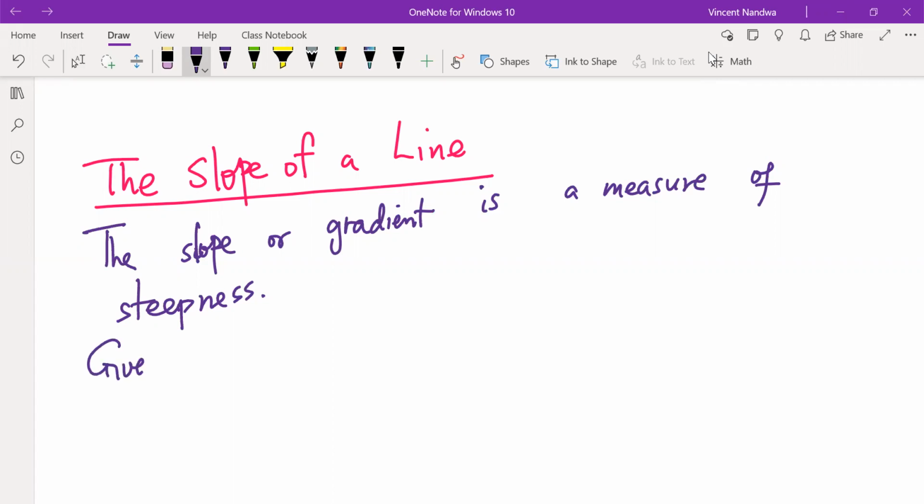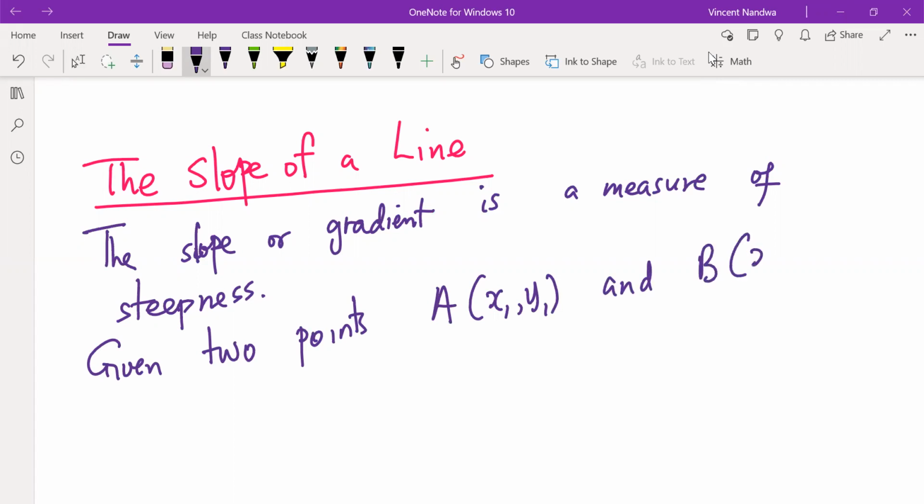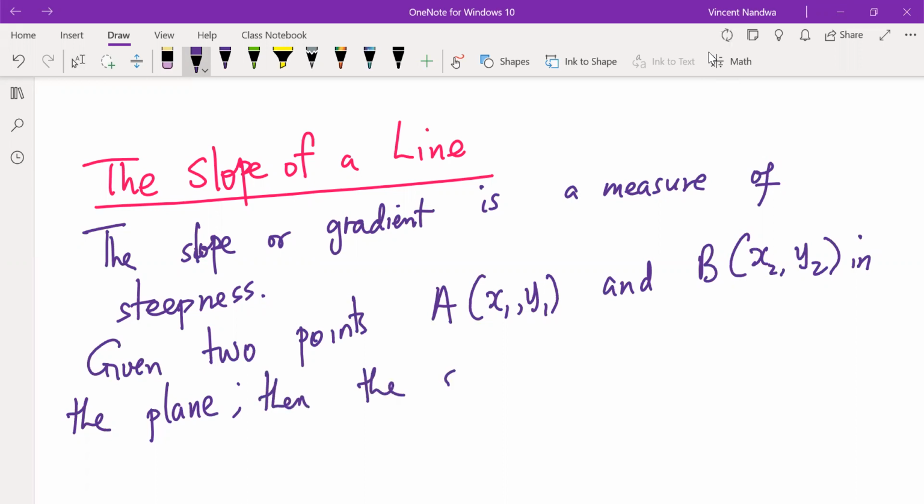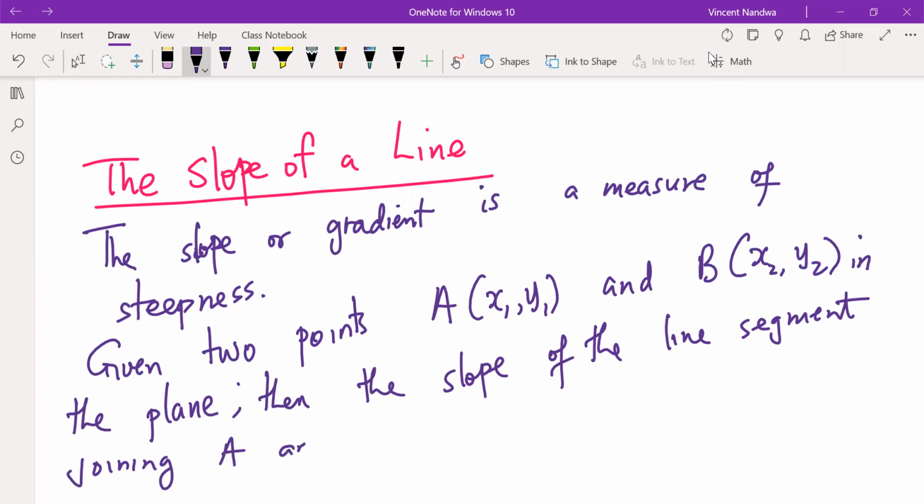Now, given 2 points, A (x1, y1) and another point B (x2, y2) in the plane, then the slope of the line segment joining A and B is given by